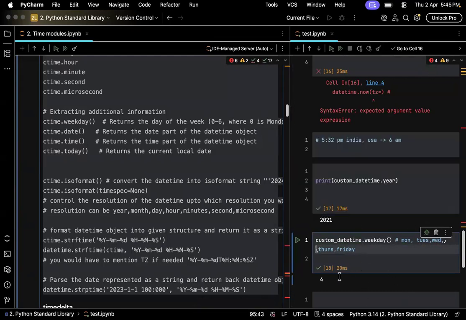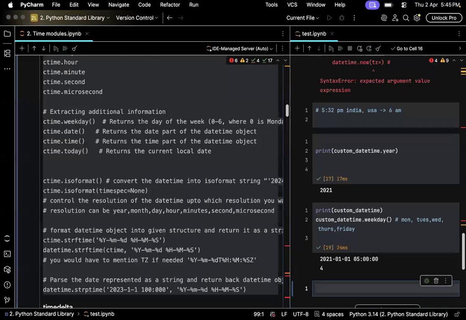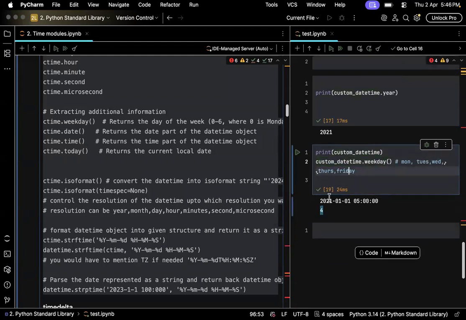How did we figure it out? It just returned 4, right? Let me even try to print the actual date, to print custom datetime. See, the actual date is 2021 Jan 1, 5 p.m. And I tried to find out which day of the week is this datetime. And then it returned back 4, which means that 4 is a Friday. So this date is a Friday. This is how we can make our